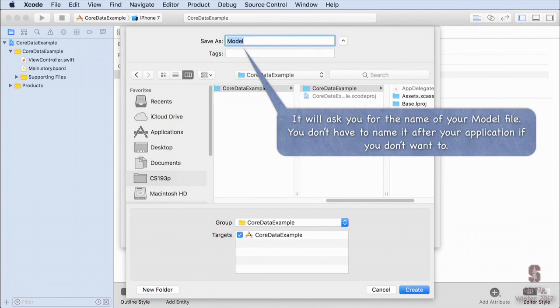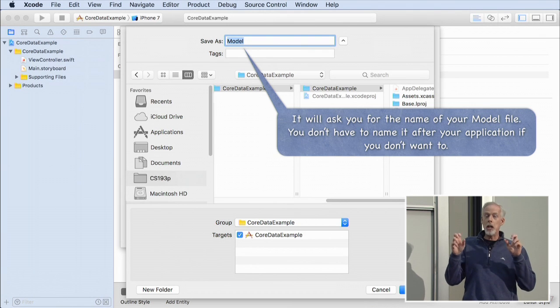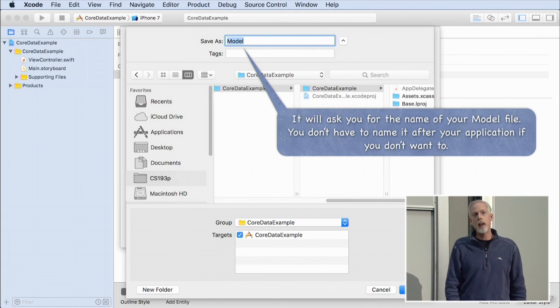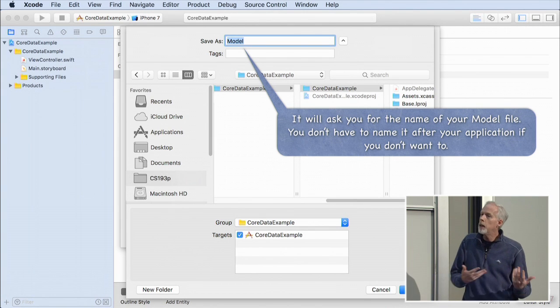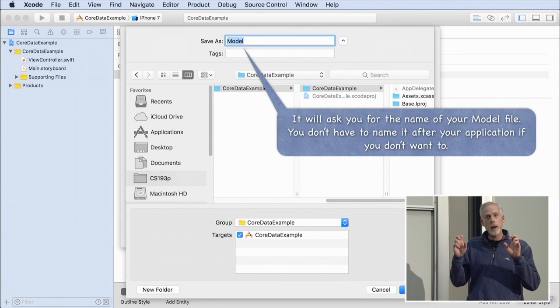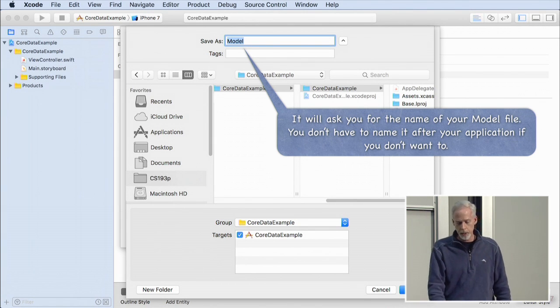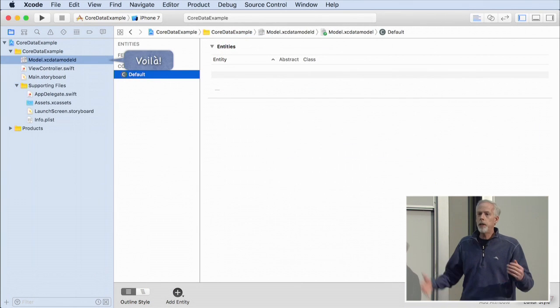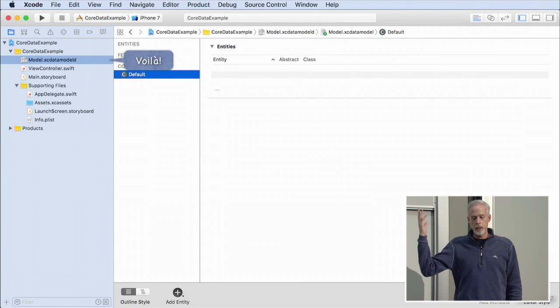It's going to ask you what you want to call it. Now, you don't have to call this the same as the name of your application, like the Use Core Data button does. You can call it anything you want. So here, just to be different, I've called it model. It's my model. And by the way, your Core Data is usually the model of a lot of MVCs. A lot of MVCs, their job is going to be to display the data in the database, and so this data model is actually the MVC model as well for a lot of MVCs. So I'll call this one model, and you can see it created model.xcdatamodeld.